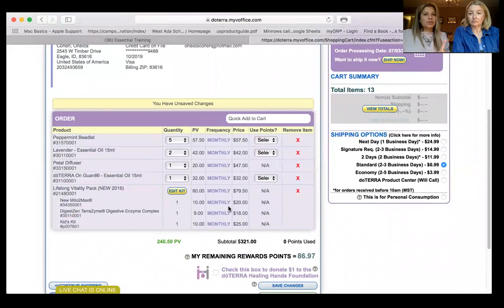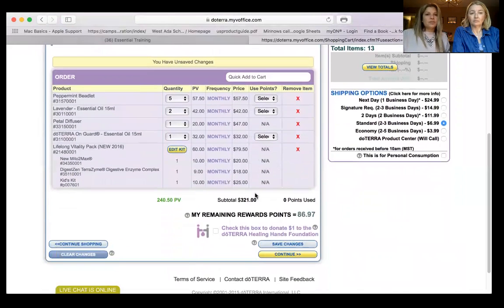One more thing I wanted to show you on this section before we move over to the right is that you can select to use your points for your products, okay? As you can see, the rewards points I have available for purchase are $86.90.